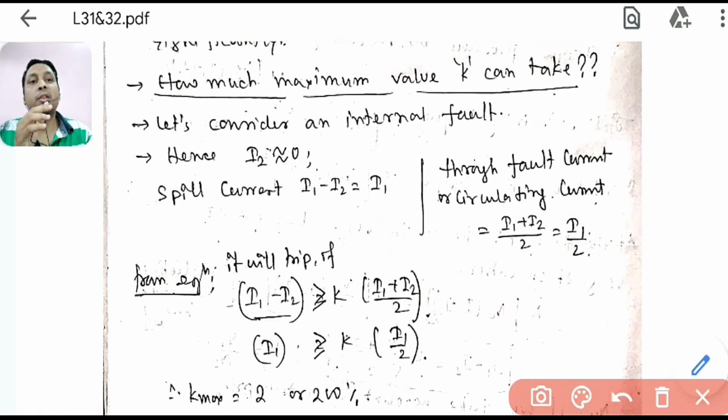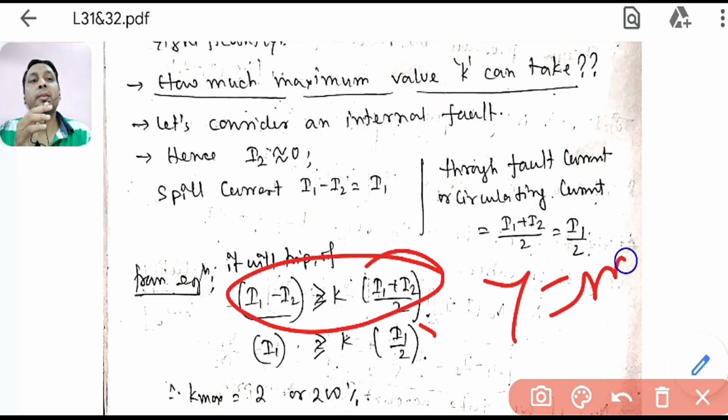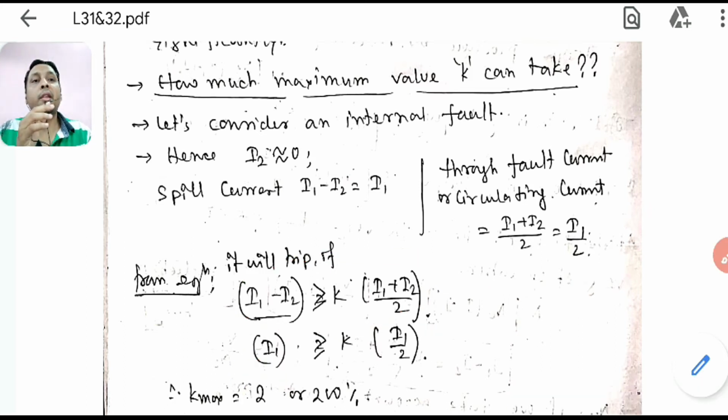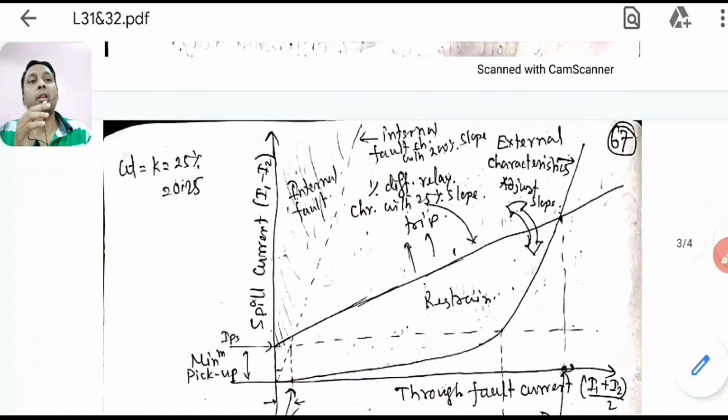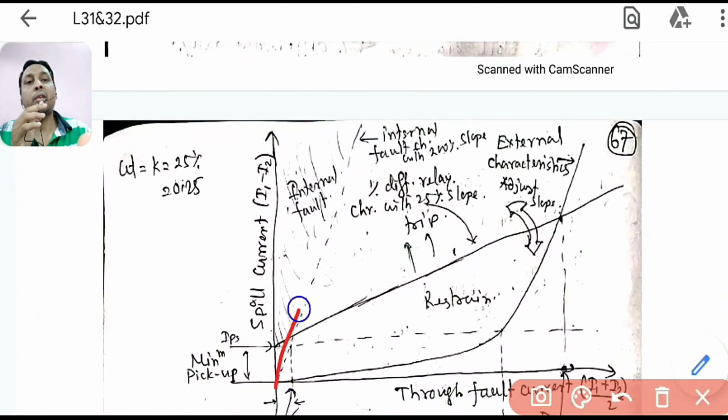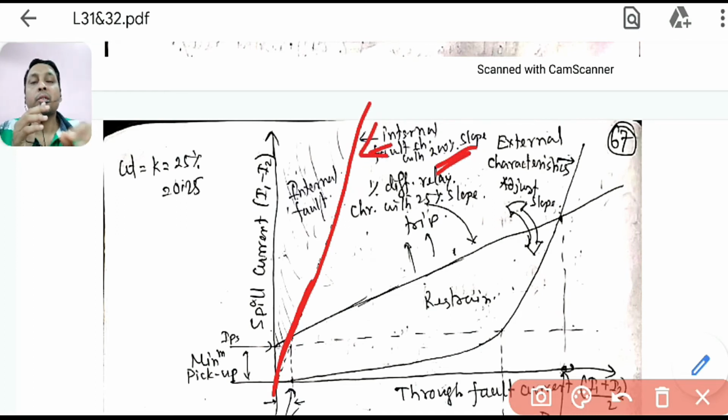So you can see this equation is nothing but y equal to mx, with a maximum slope of 2. If I draw that, that is the internal fault characteristic we have drawn here. So this is the y equal to mx line passing through your origin. This is the internal fault characteristic with a slope of 200%. So for internal fault, 200% is the boundary line. If it is more than that,